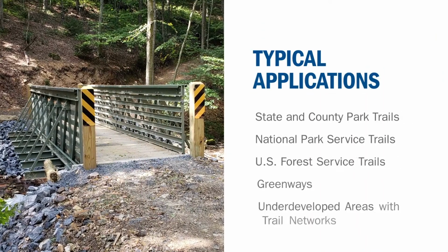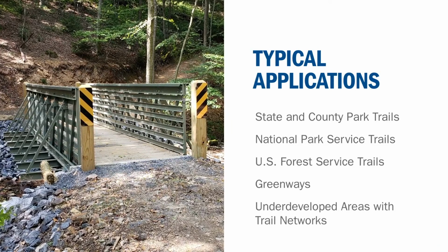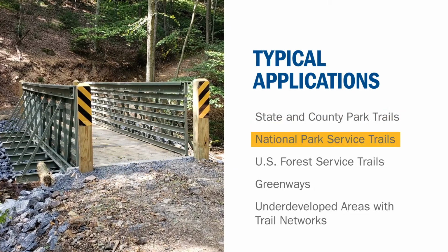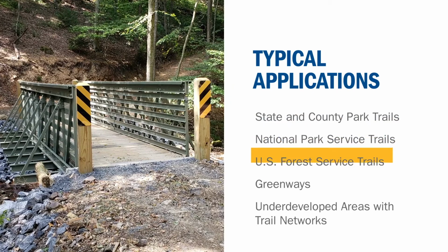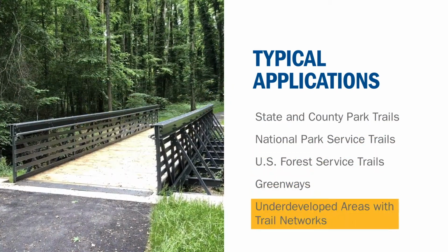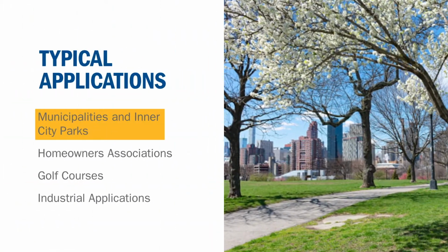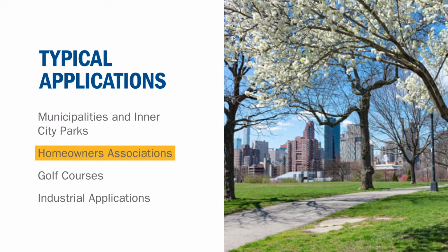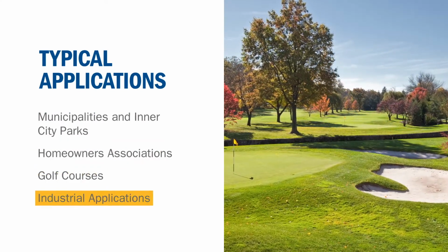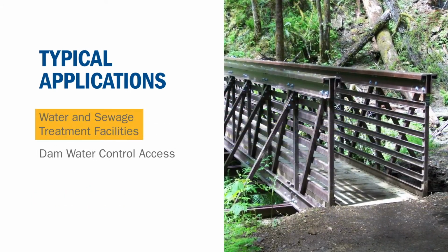What are some typical applications for ReadySpan bridges? ReadySpan bridges can be used for state and county park trails, National Park Service trails, U.S. Forest Service trails, greenways and other underdeveloped areas that have trail networks, municipalities and inner city parks, homeowners associations, golf courses, industrial applications within tank farms, water and sewage treatment facilities, and